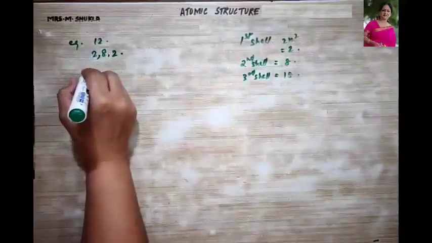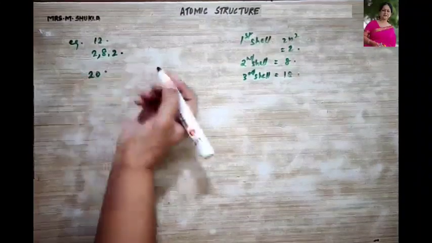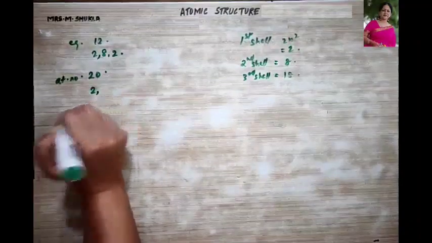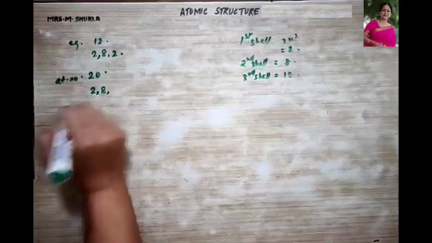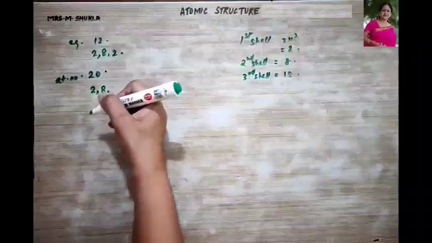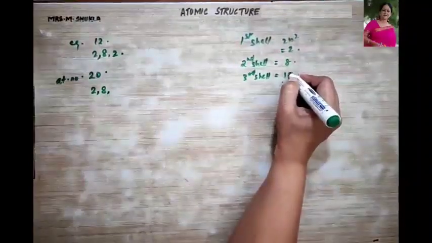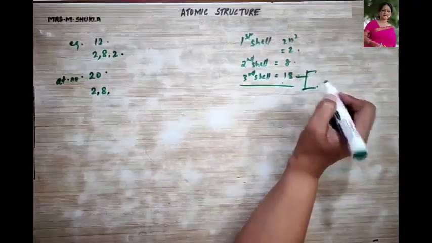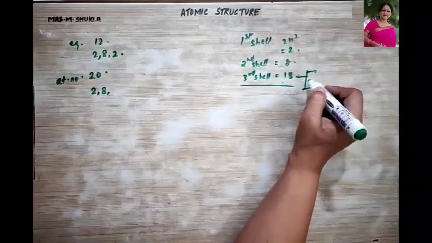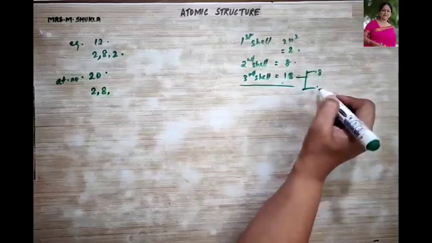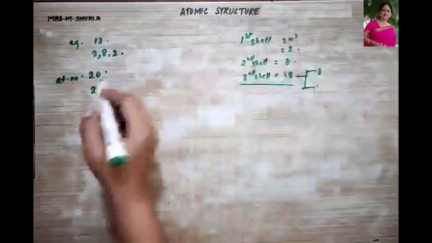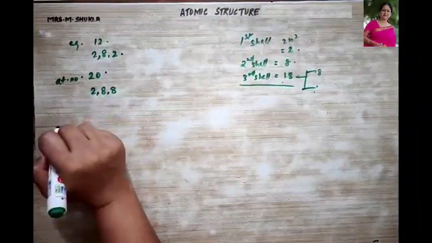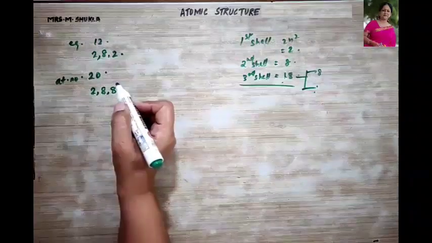Let's take another example, atomic number 20. Configure 20. So 2 goes to the first shell, 8 goes to the next shell, 10. Now third shell, it should be 18, but over here, you are going to learn in the bigger classes that the third shell is divided into 2 parts. So the first part will contain 8 electrons only, and then they will move to the 18 electrons. So in the third shell over here, 2, 8, it will again go to the 8 electrons. How many left now? 2 more are left.